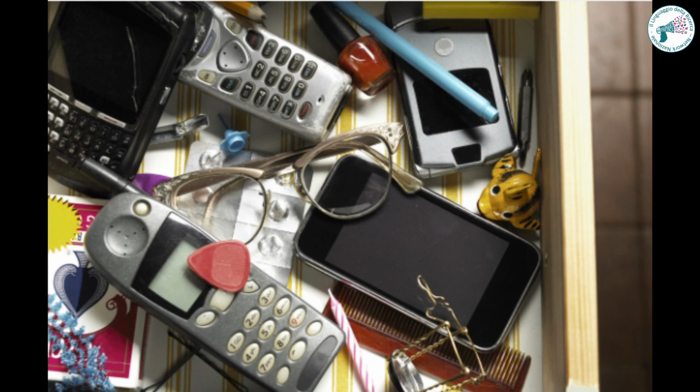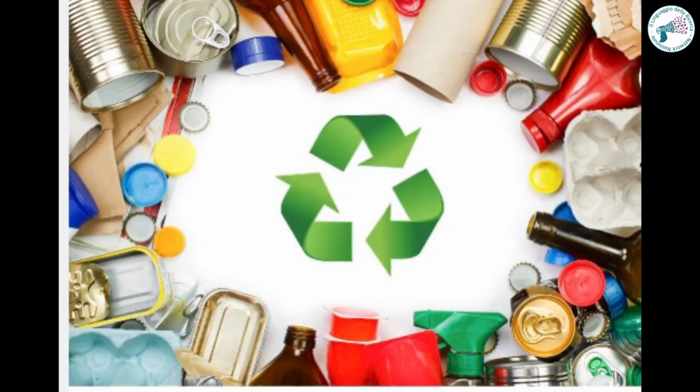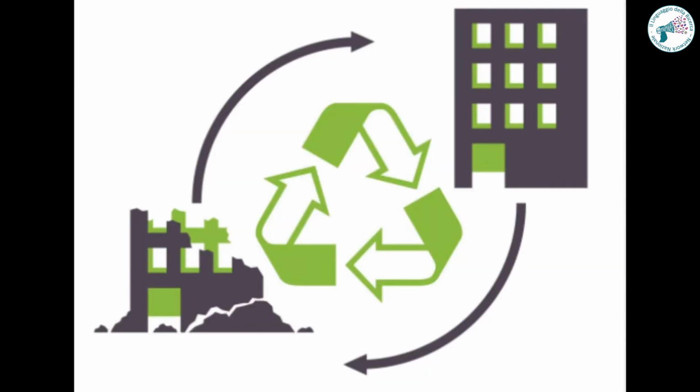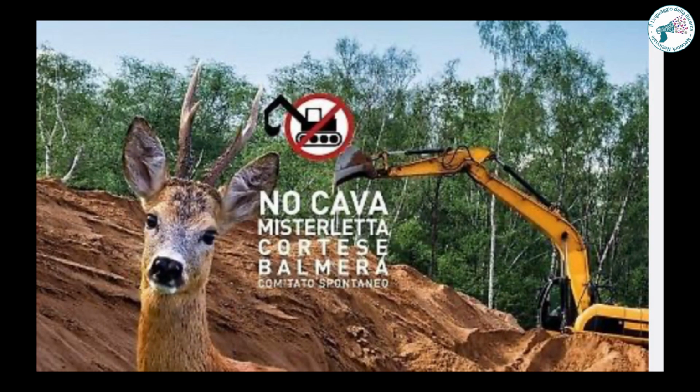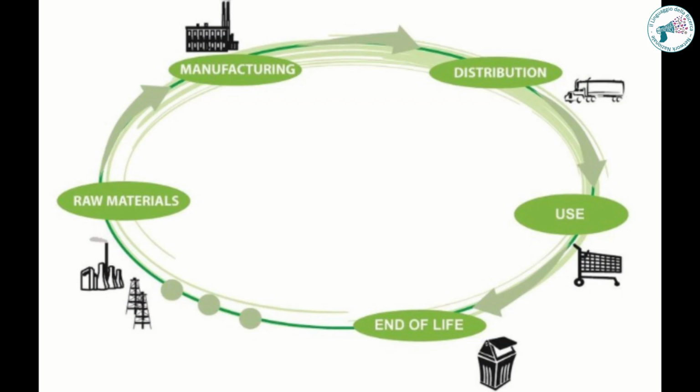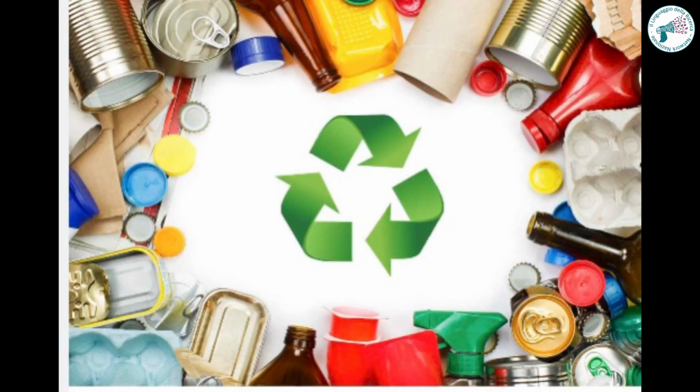When products reach the end of their life cycle, they must be disposed of or recycled appropriately to reduce their environmental impact. Recycling of raw materials allows existing resources to be recovered and reused, reducing the need to extract new raw materials from nature. In conclusion, the raw material cycle represents the path that natural resources follow from their extraction to final processing and use. It is crucial to adopt sustainable practices along the entire route.